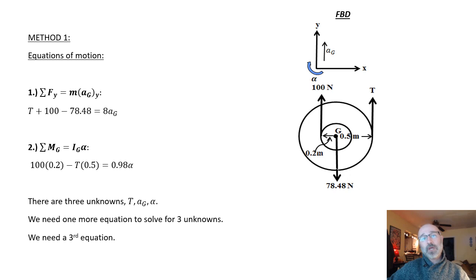Now there's a couple different ways that we can solve this problem. In this video solution here, I'm just going to go through method 1, and I'll post method 2 as a PDF and as a hand solution as well, so you can compare the two of them. So for method 1, what we're going to do here is draw out our free body diagram, go through that whole procedure that we just talked about, establish our coordinate system, draw out our free body diagram, look for our equations of motion from the free body diagram, identify our unknowns. So all those steps that we just went over and are in your lecture slides,